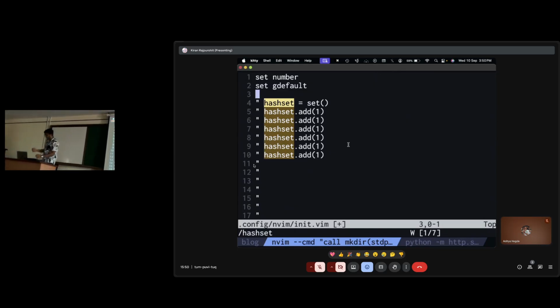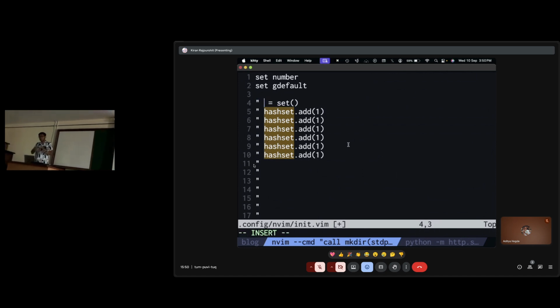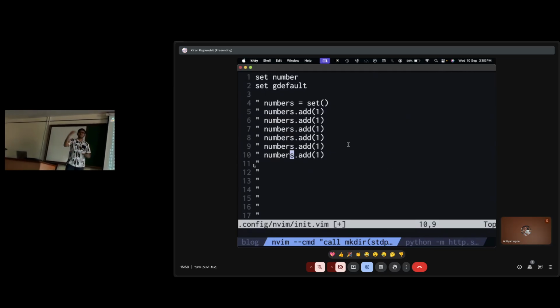So what will I do? You do cgn to change the next match, type numbers, escape. And now you can just say dot dot dot dot dot dot dot. You change all instances of the match to numbers. So this is a very interactive way of doing it. As you're going, you really think, okay, it's not exactly a match, it's a number. So just search it, replace it. Cool. Does that make sense? Awesome.